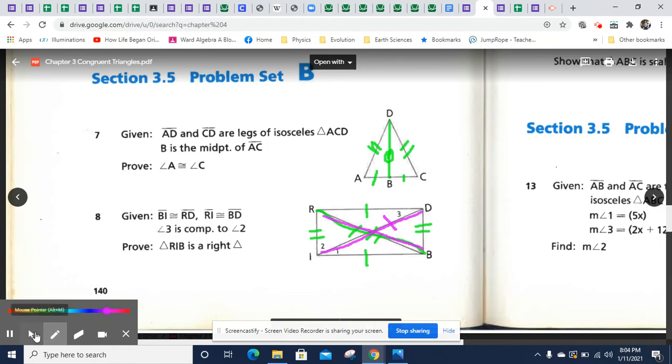Let me back up there. I think I may have overstated some things just a little bit. All right, we definitely can prove that this side is congruent to itself. Actually, I'm going to back up and do the other one because I think that might be useful. We can prove that RB is congruent to itself. And I think it'll be useful to prove that,